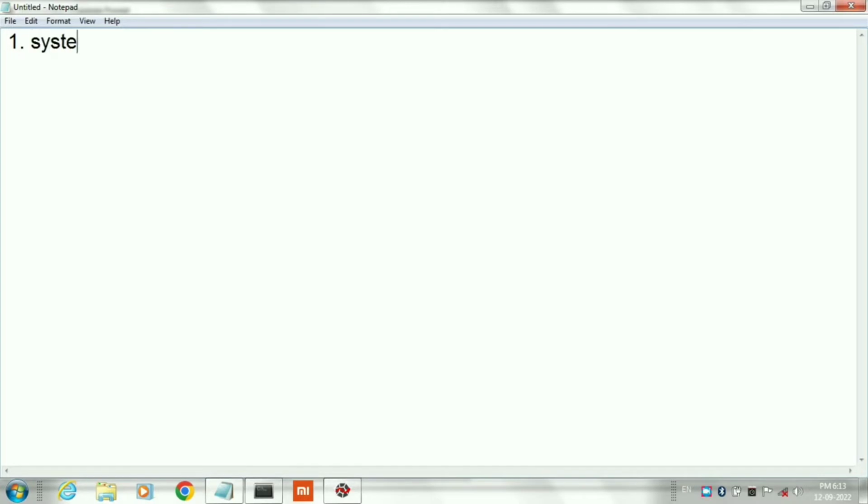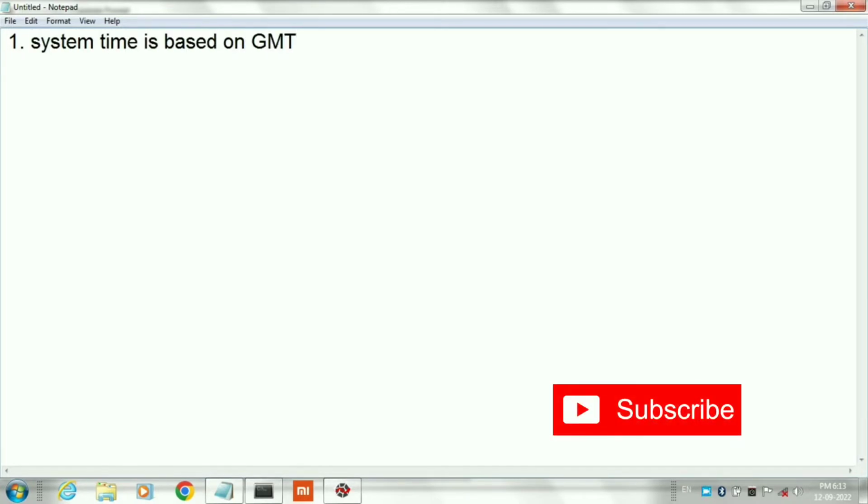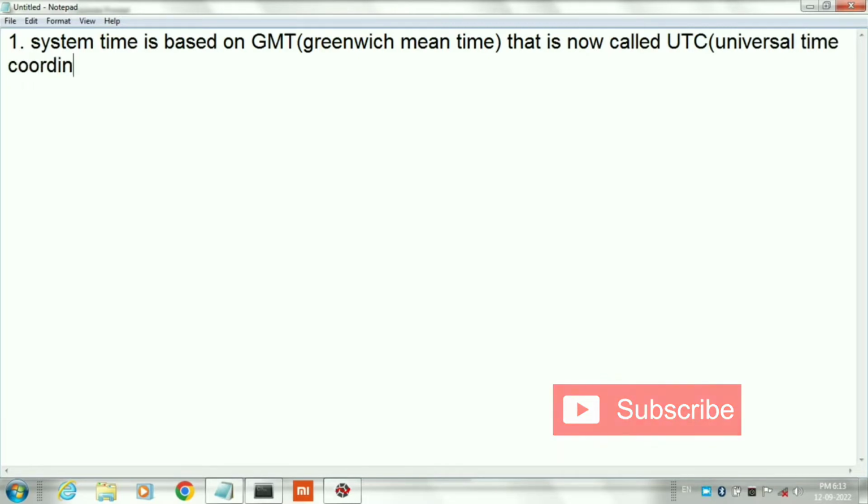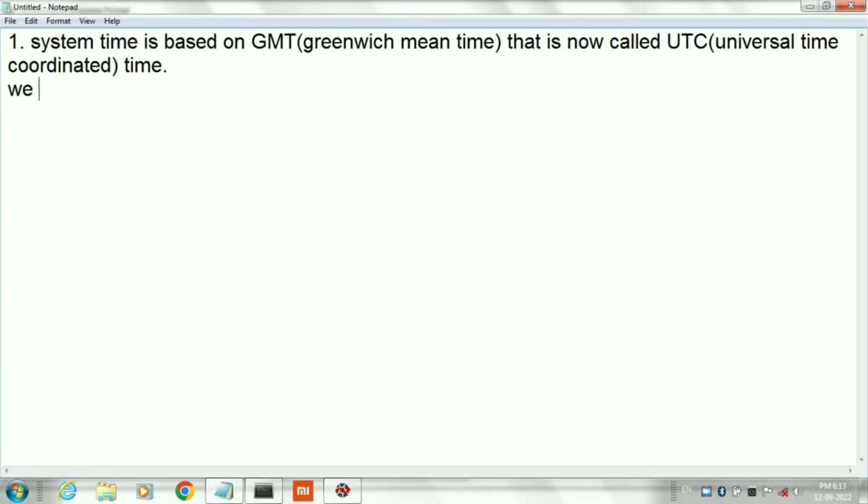System clock time is based on GMT times. GMT means Greenwich Mean Time. Now it is also called UTC, Universal Time Coordinated. Indian Standard Time, meaning time of New Delhi, Mumbai, Kolkata and Chennai, is based on UTC time.